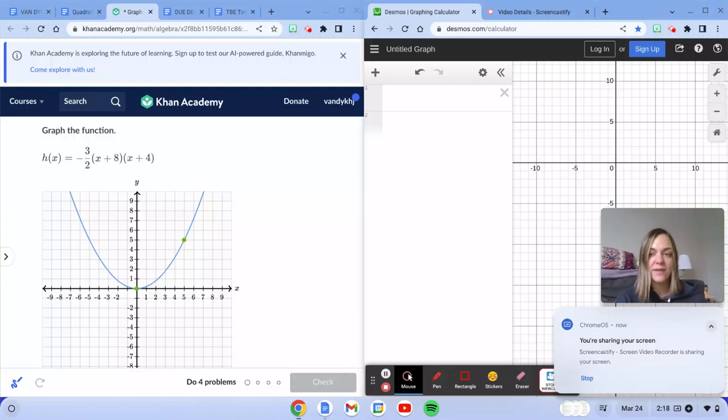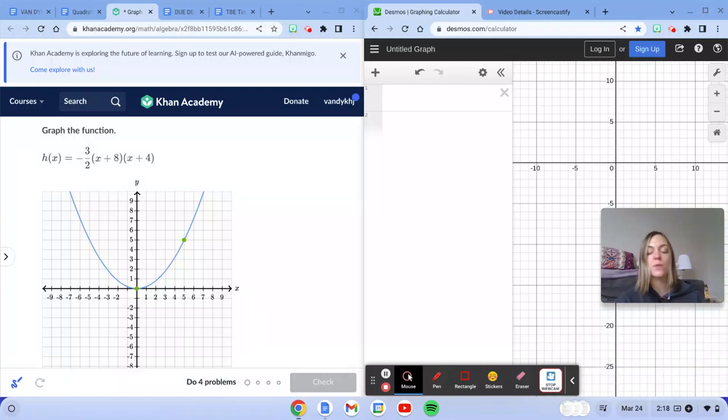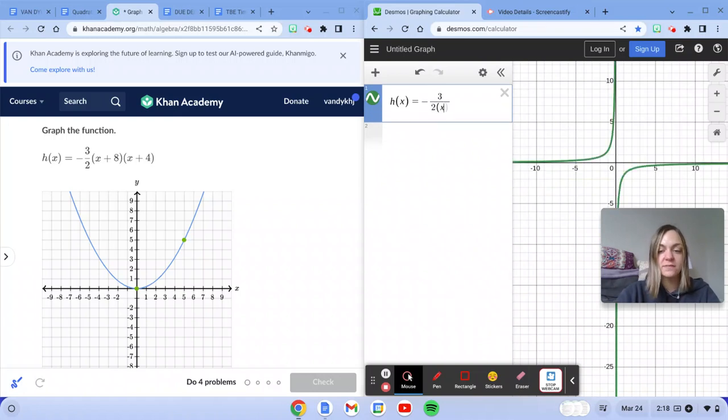This graphing activity is going to be a little bit more tricky, but we're going to use Desmos the same way. And we're going to practice using software that might be a little more challenging in preparation for the EOC. So I have h of x equals negative 3 halves, x plus 8,